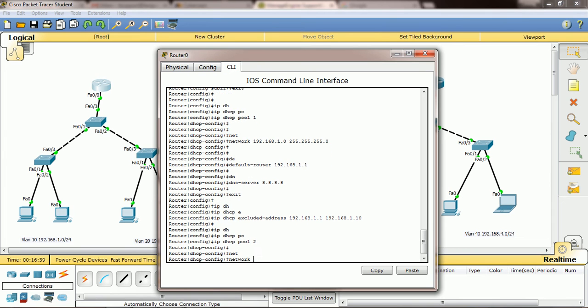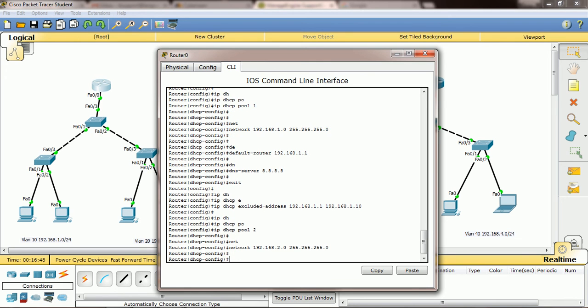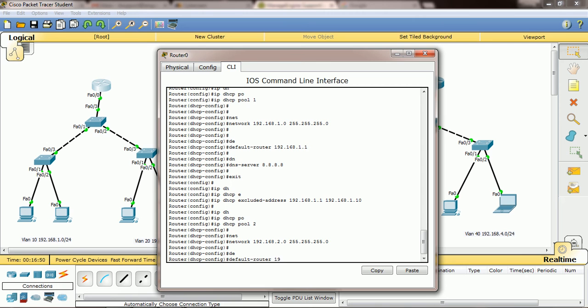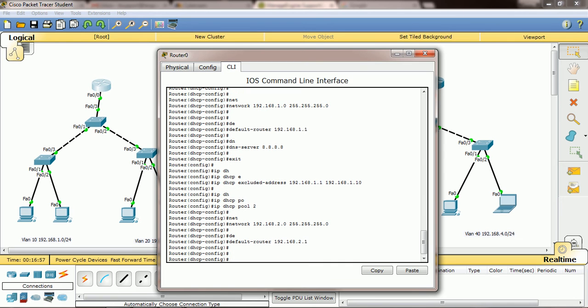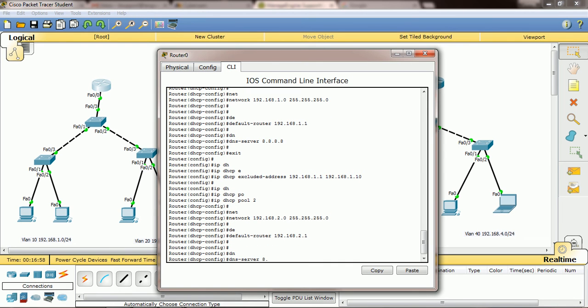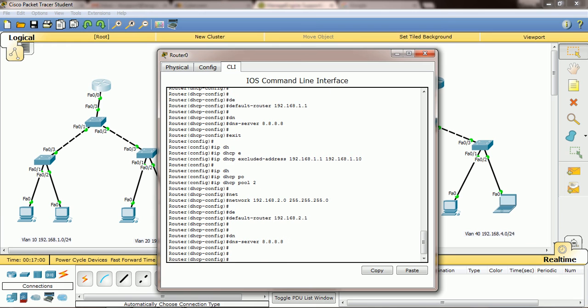Here the network is 192.168.2.0 series and 255.255.255.0. This is the network and the default router is 192.168.2.1, right? Then same like dns-server 8.8.8.8.